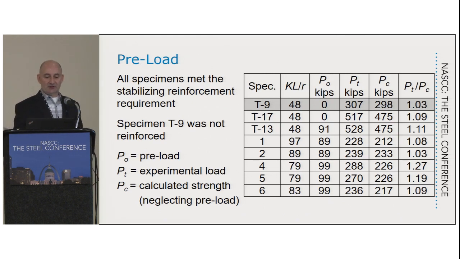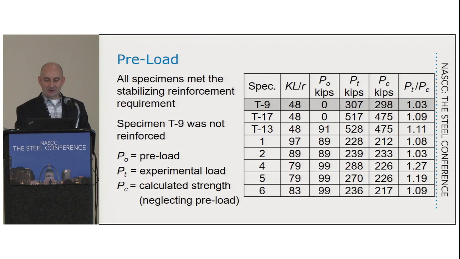But it's kind of interesting to look at the specimen T9. It's 3% conservative compared to the AISC specification curve. And none of these values account for preload. It's all based on this total load on the column, P sub T or P sub C, and it's all based on the AISC specification, section E3. Okay, so we're 3% conservative, and that's not a surprise. I was surprised that it was a little bit lower than I thought it would be